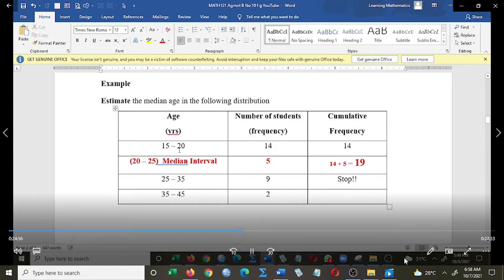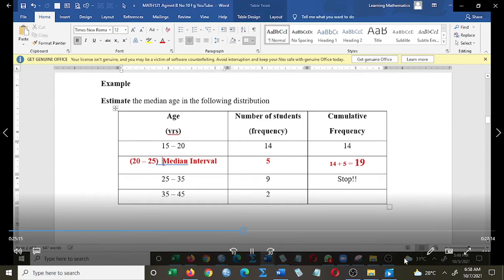Because you are accustomed to intervals whereby you have 15 to 19 and then 20 to 24. I know that type of interval, but this is not the case here. That is why I need you all to participate so I can know what you're thinking. Here it is 15 to 20 and then 20 to 25. So the lower boundary is the same as the upper boundary of the previous one, if you understand what I'm saying. Yes, sir. Right. So the lower boundary there is actually 20. And for